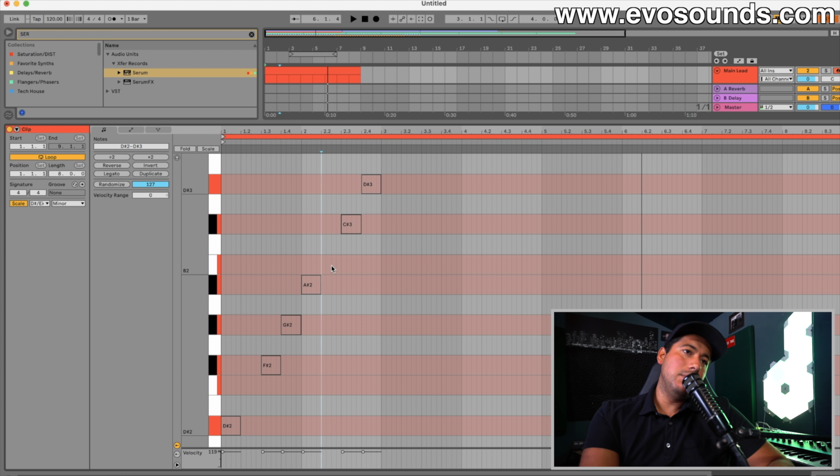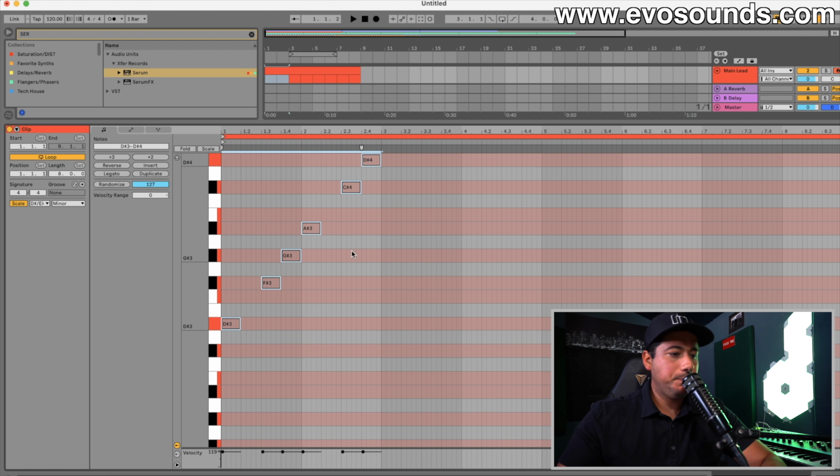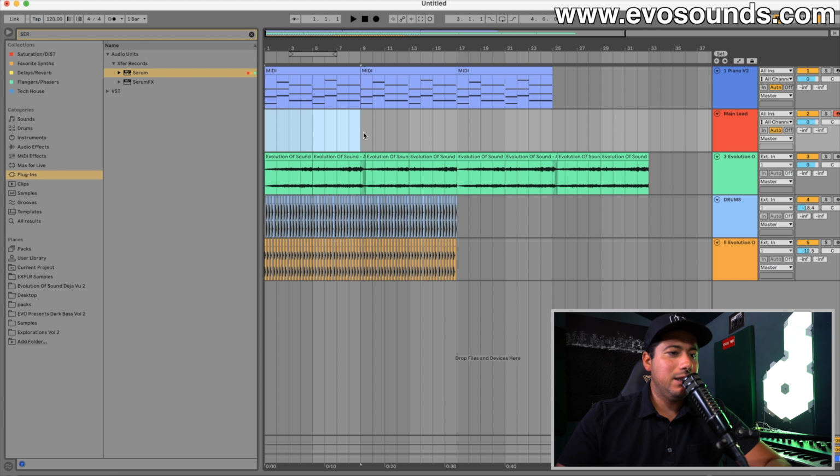So again, this doesn't mean that the notes are bad or anything. It just means that you really have to be playing a certain chord for that note to really work well in the melody. So again, quick tip is just to kind of do that. Use a pentatonic minor. So with knowing that, let's try to create like a basic melody over this. Maybe we can do something like...